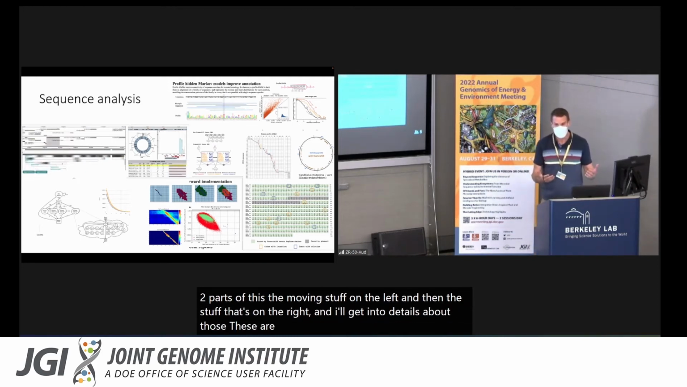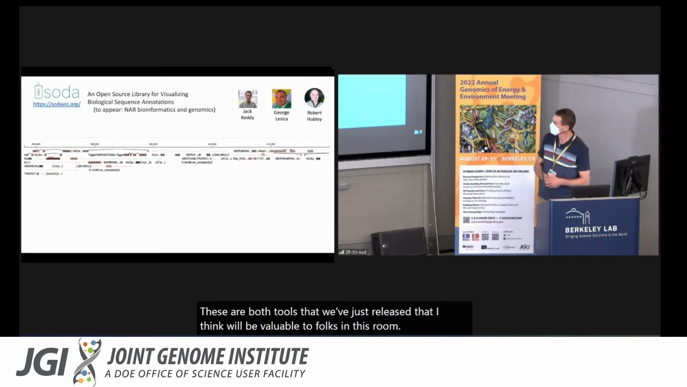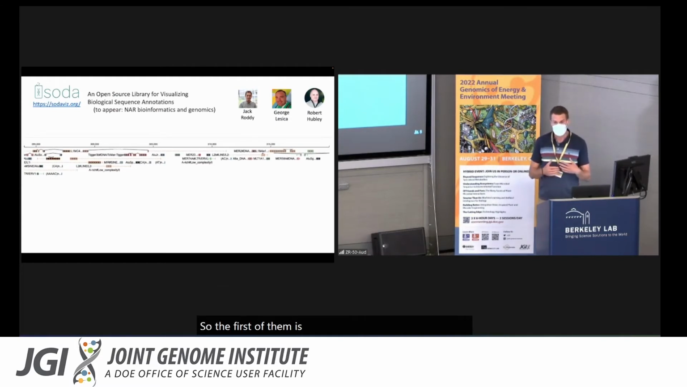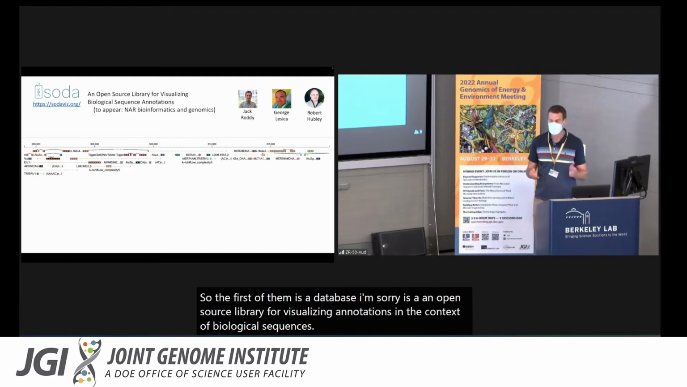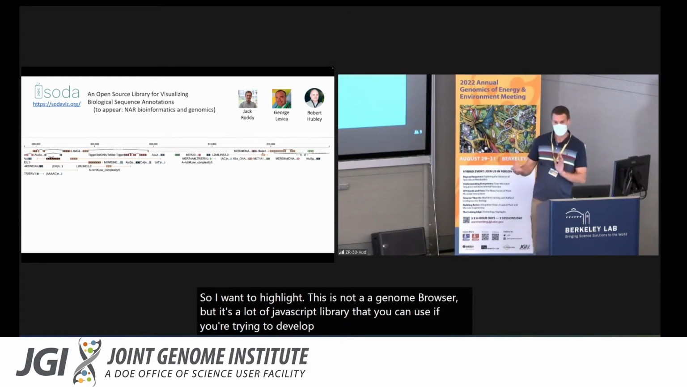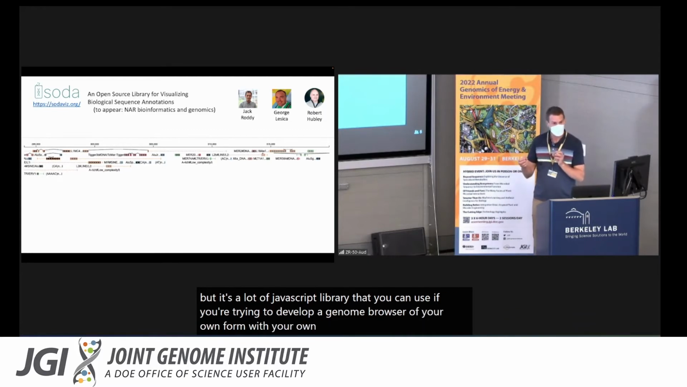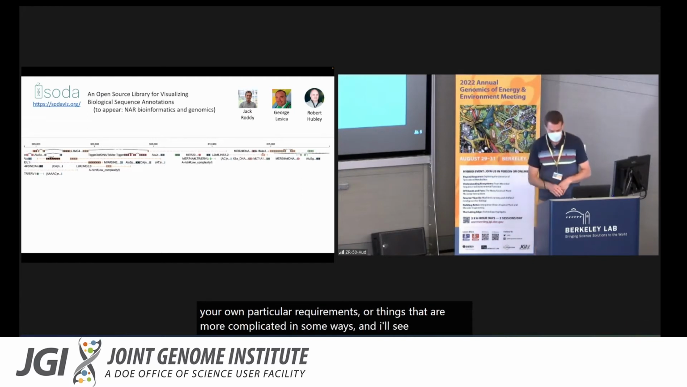These are both tools that we've just released that I think will be valuable to folks in this room. So the first of them is an open source library for visualizing annotations in the context of biological sequences. So I want to highlight, this is not a genome browser, but it's a JavaScript library that you can use if you're trying to develop a genome browser of your own form with your own particular requirements, or things that are more complicated in some ways. And I'll show you a couple of examples of such